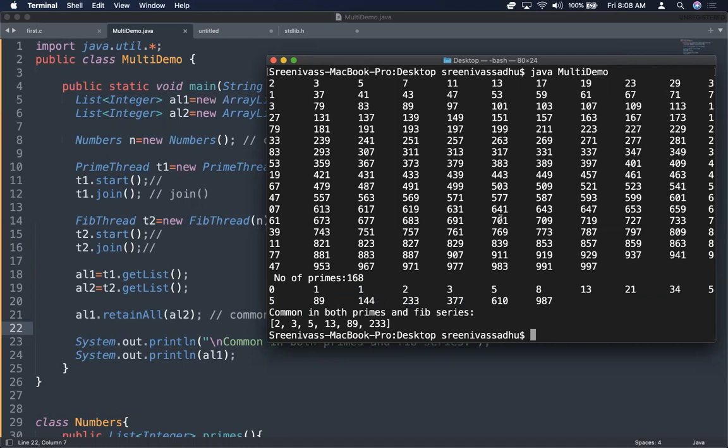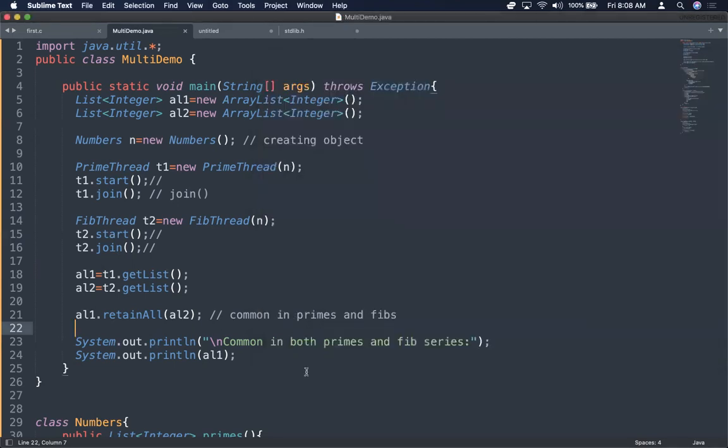So now what are all the common things from here to here? So 2 is common, and then 3 you can see common, then 5 is there, okay, but 7 is not there here, right? And then 13 is there, and then of course 17 is not there here, 19 is not there here, and the next common element is 89, and the next common is 233, right? So within 1000 you just have 6 numbers which are prime and Fibonacci, right? So this is how the asked problem has to be solved, right?